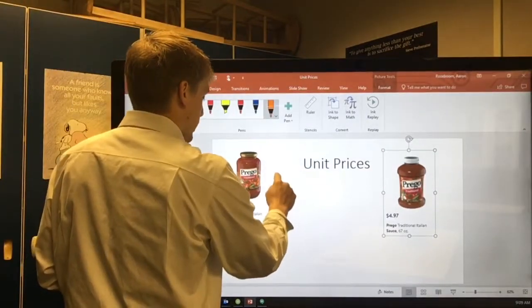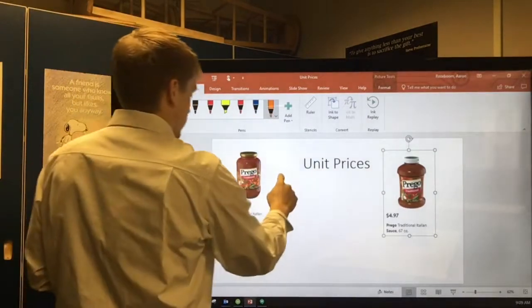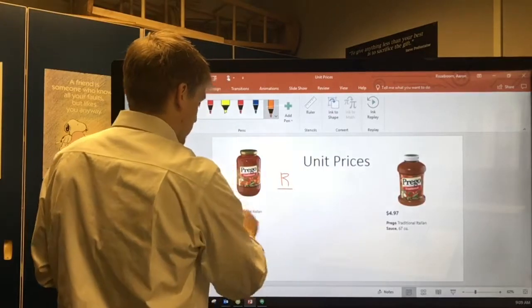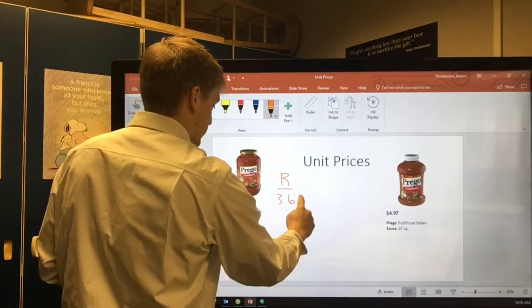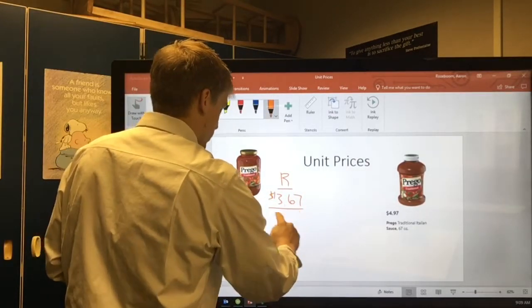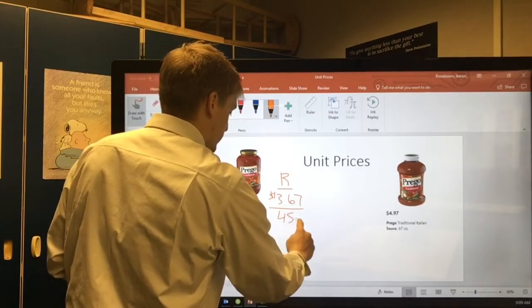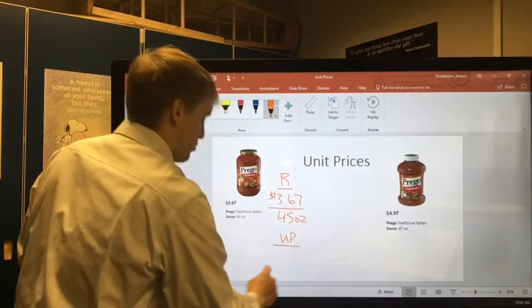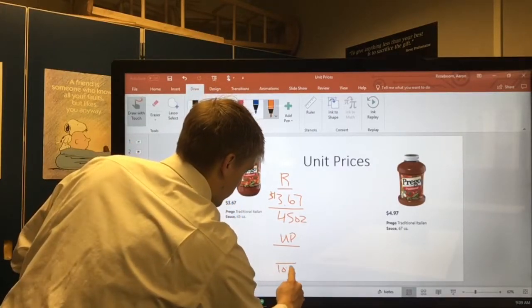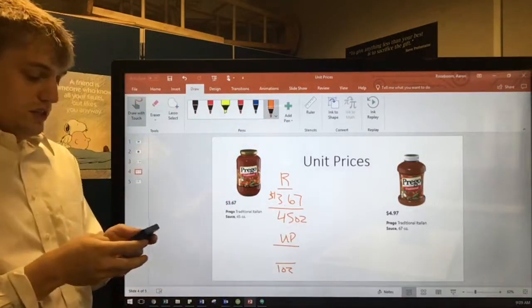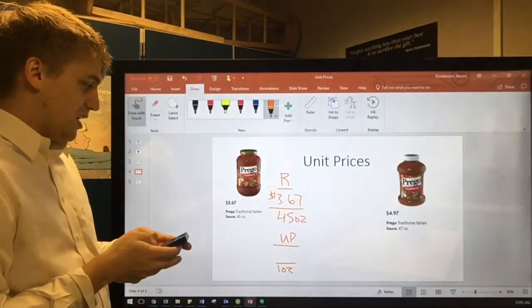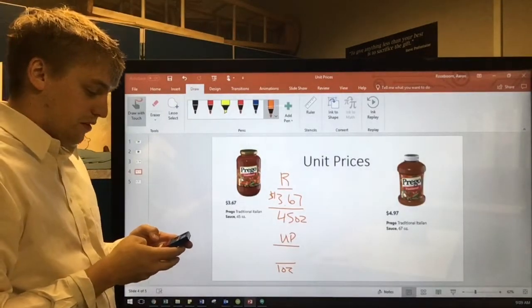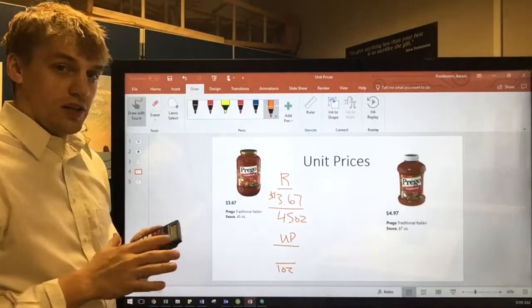So we're going to write the rate here. The rate would be $3.67 per 45 ounces, and the unit price would be, when we take $3.67 divided by 45 ounces,